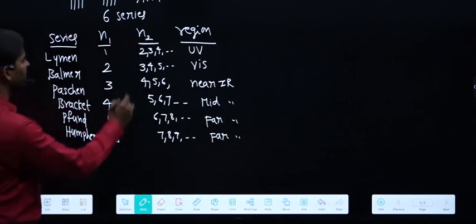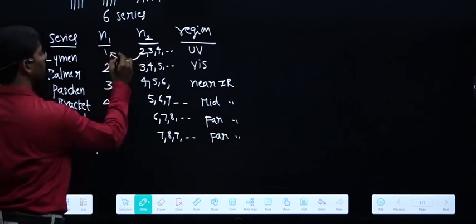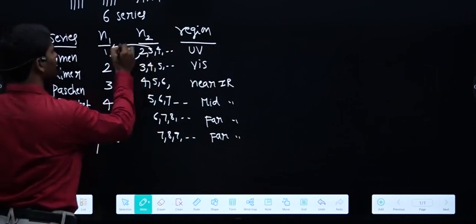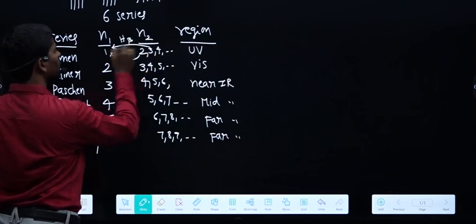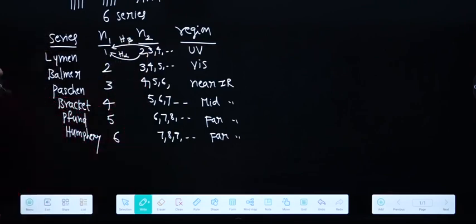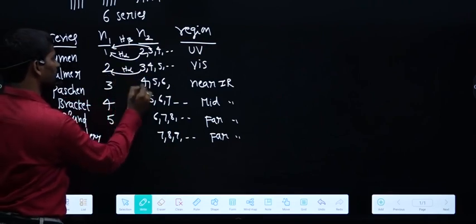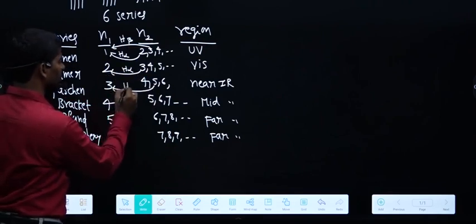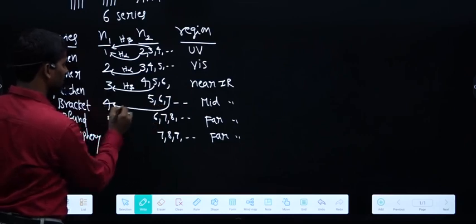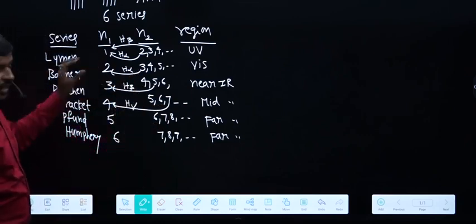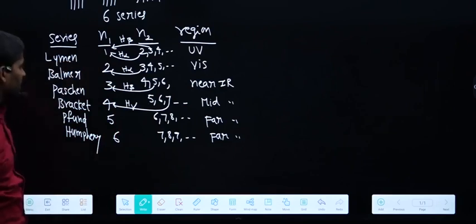And in each series, the first line corresponds to the H alpha line. 2 to 1 is the H alpha line, 3 to 1 corresponds to the H beta line, 4 to 1 corresponds to the H gamma line. For example, here 3 to 2 corresponds to the H alpha line. Here 5 to 3 corresponds to the H beta line. Here 7 to 4 corresponds to the H gamma line. The first line is indicated as H alpha, second one H beta, third one H gamma, fourth one H delta,